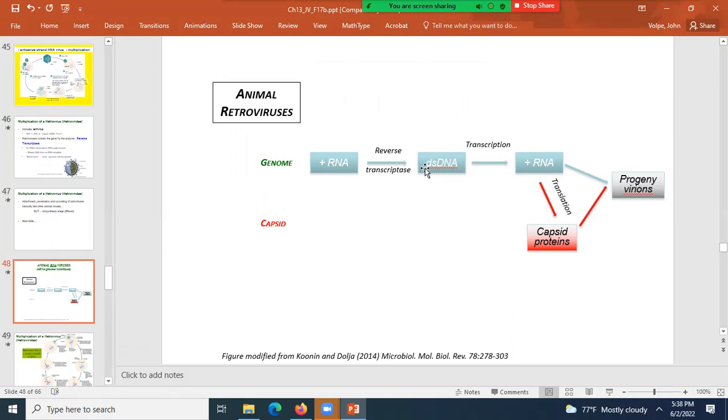That double-strand DNA can be transcribed to make viral messenger RNA, which can be translated into the capsid proteins of the virus. And then the double-strand DNA can be replicated to make positive single-strand RNA, which is the viral genome. And then the viral genome gets together with the capsid proteins to form the newly released progeny viruses,